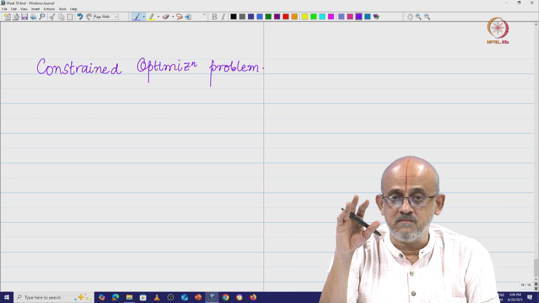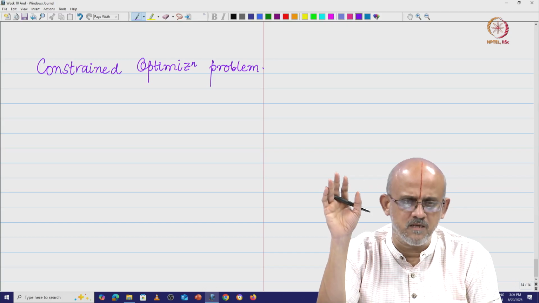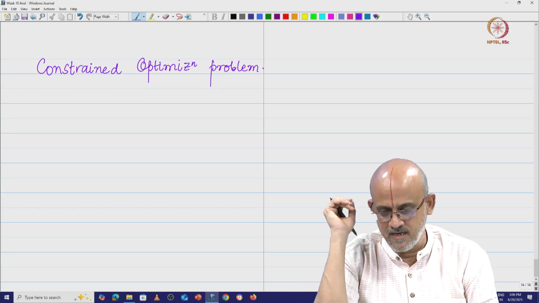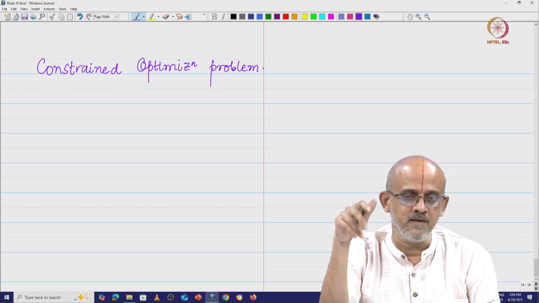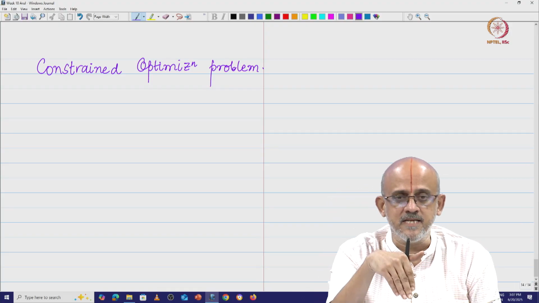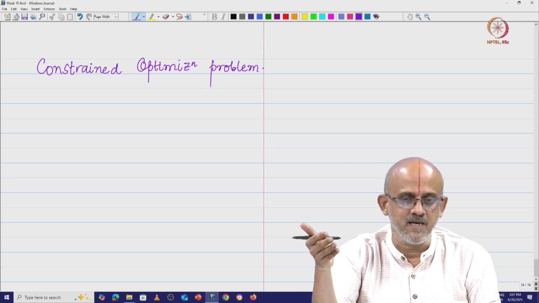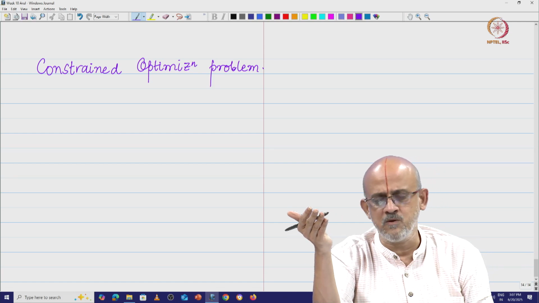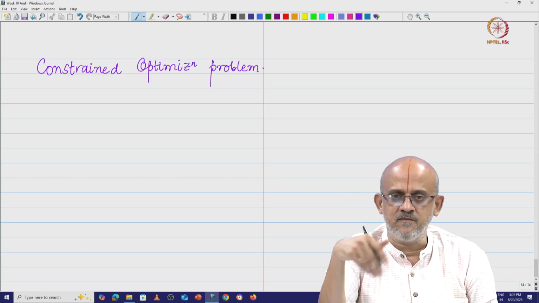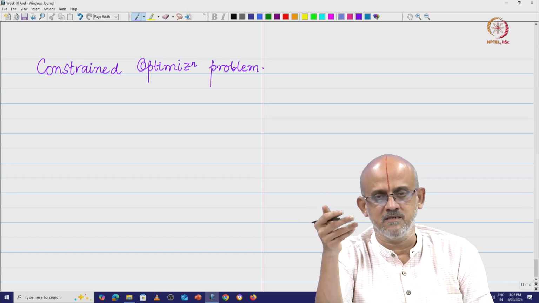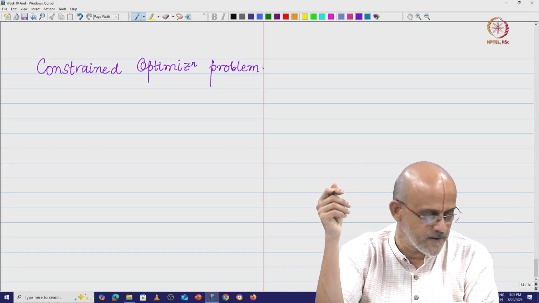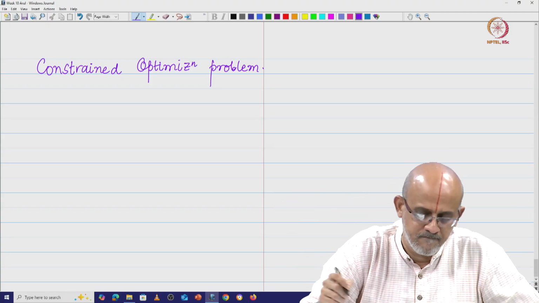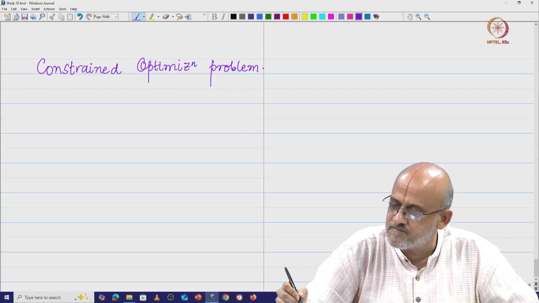Okay. But in this case I am going to adopt a different approach. I am going to take a multivariable case and try to address this problem, in which case all that we have studied in terms of single variables now has to be converted to a multiple variables case. Only then will you be able to figure out the idea of constrained optimization problems. It's easy for us to go forward. Okay. So, how are we going to do this? Let us look at this.